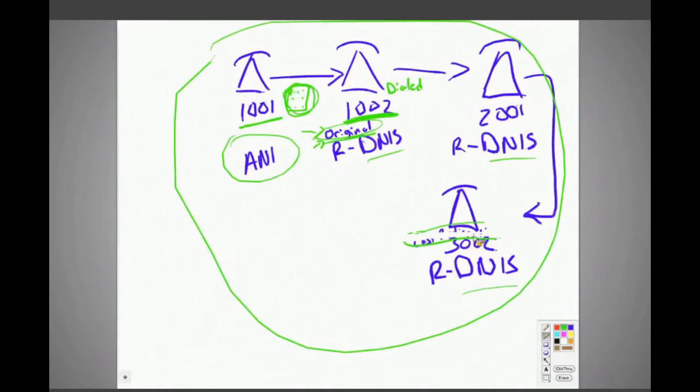So we will remove, not sure if it was going to be faster to do this and erase manually or just to redraw the whole thing, but I think it'll be faster. Okay, so he's no longer going to be our DNIS, he's just going to be the DNIS. So 2001 will be